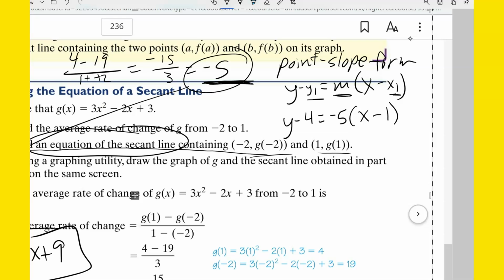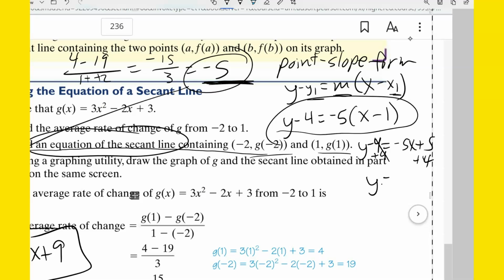Then I just distribute and carry this out. I could leave it like this, but I'm usually going to have to get it into slope-intercept form anyway. So y minus 4 equals -5x plus 5. Then I add 4 to both sides to get y by itself, and I get y equals -5x plus 9, which is the same thing I got when I did it